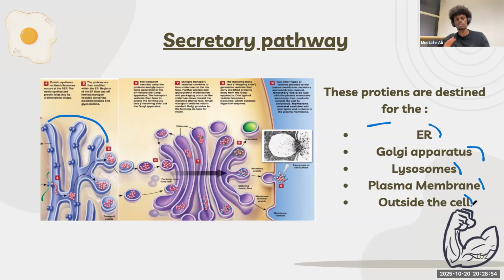Okay? So in the secretory pathway, the mRNA gets translated in the RER or around the RER, and it can go to these 5 different sites, being the staying in the ER, going to the Golgi, can go to the lysosomes, it could go to the plasma membrane, and it could leave the cell and go to the outside.